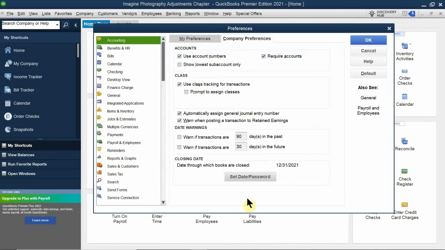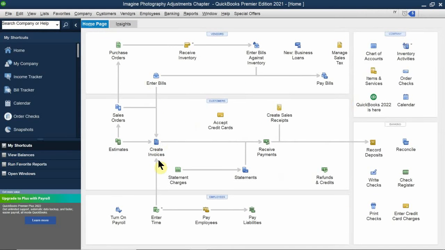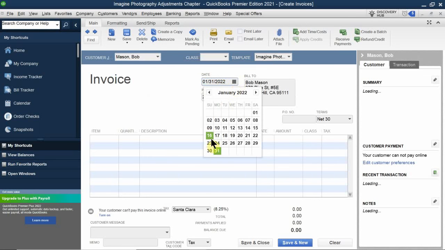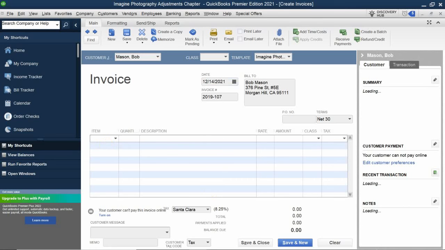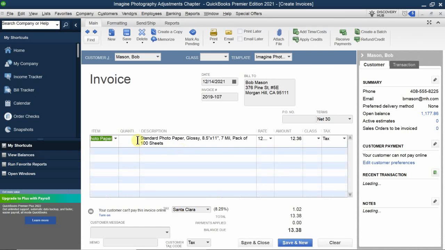So then once I set my date and I click OK one more time, that means if I try to enter a transaction in a closed accounting period, so if I say Bob Mason bought something on December 14, okay? And let's say he bought some photo paper, maybe 10 of them, I don't know, right? If I were to go ahead and save and close,